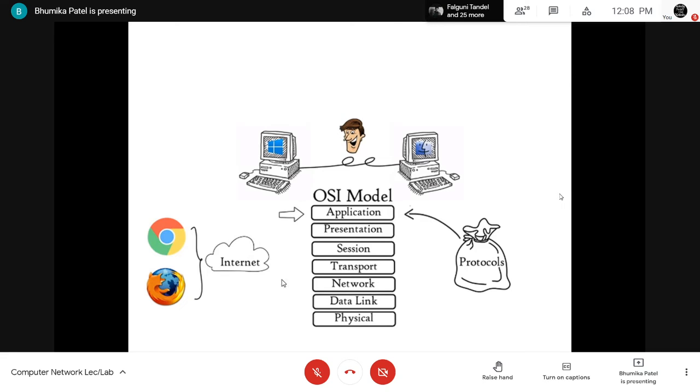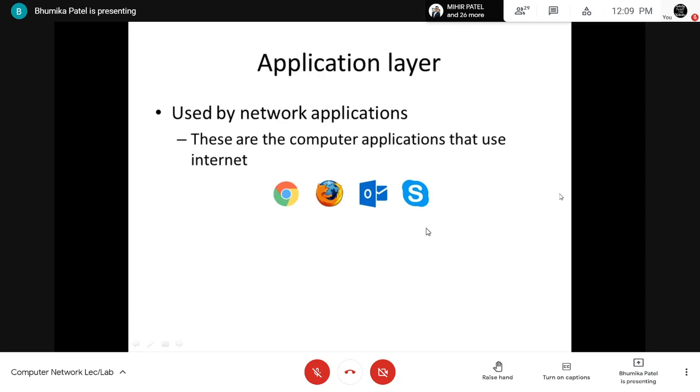Right? So if I'm saying application layer, then it does not include the application, but it will use the protocols of the application layer. These protocols will be used by the network application so that it can work correctly on the internet. So if I'm writing application layer, it doesn't mean the application. It is providing a set of protocols and services. Okay, so let's see each and every layer in detail. Let's start with the application layer.